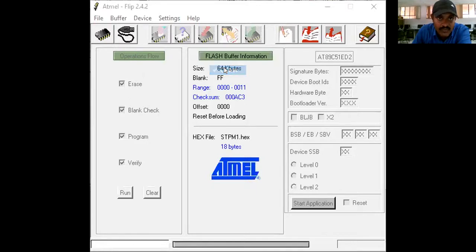Then select COM4. The baud rate we have to set as what? 9600 baud rate. Then see in the board there is an option called program mode and run mode. Okay, you have to keep it in the program mode. Okay, then connect.